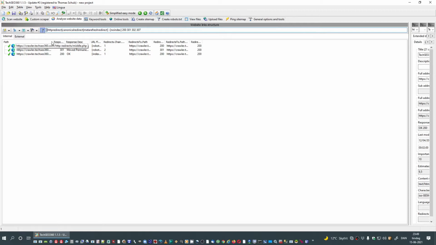Okay, here we have selected HTTP redirects, canonical references, meta refresh redirects, and pages that should not have no index, and we only want URLs that have response codes 200, 301, 302, 307. So to begin,